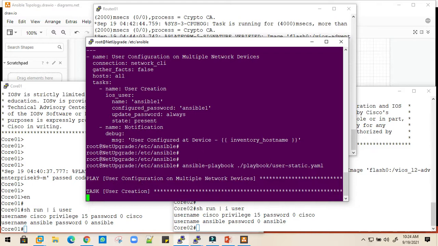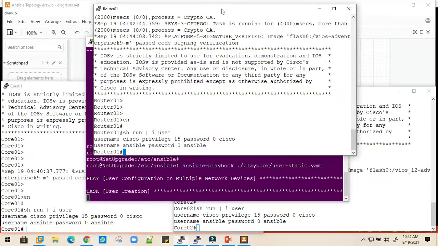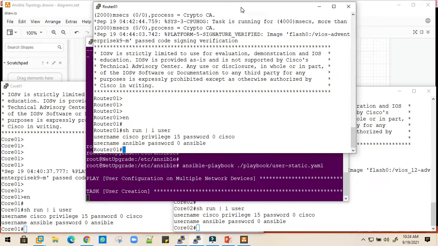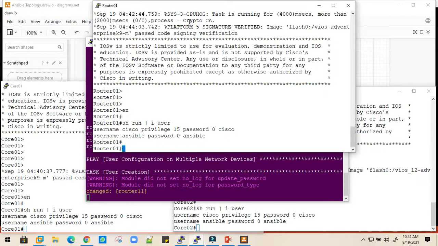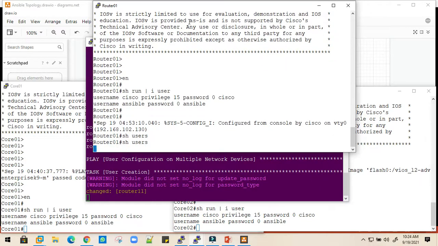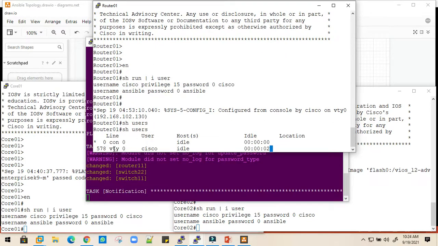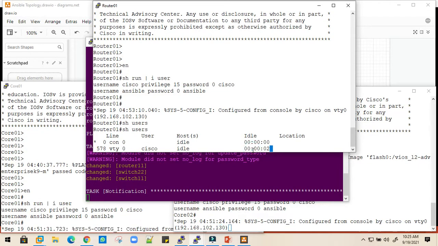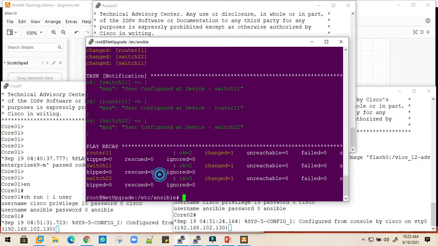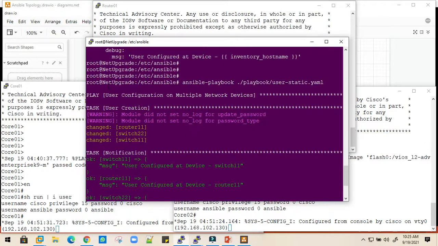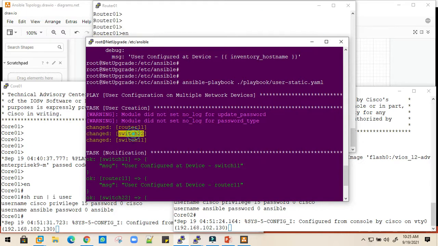Now it logs into the device and starts configuring the script which we have written in the task. If we log into the device and verify with show user, we can see one user is logged in via SSH and performing some changes. Let's see, our script has been done. So what has been done? It says change has been done on router 1, switch 22, switch 11,